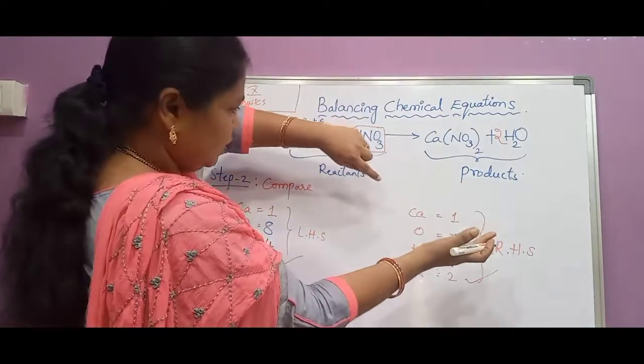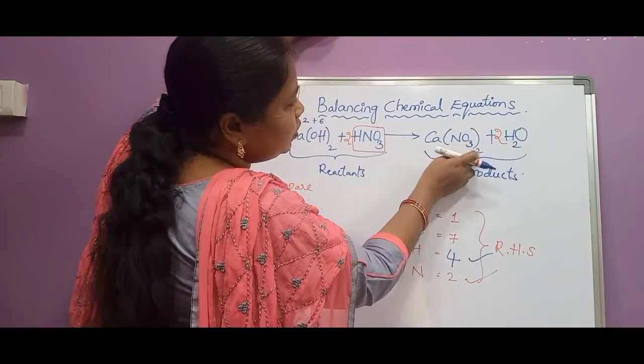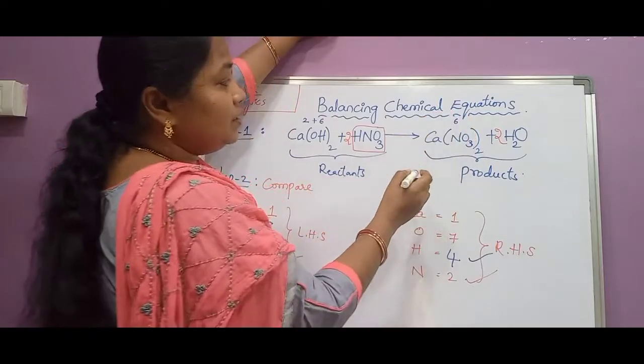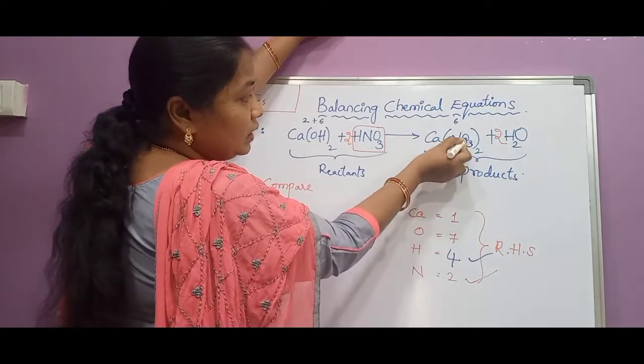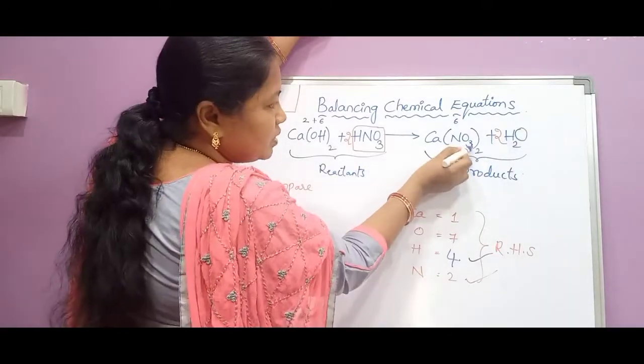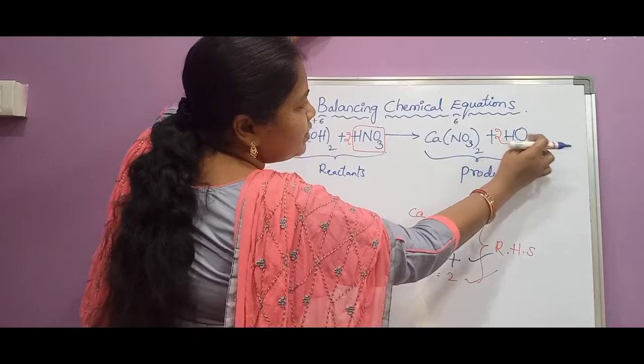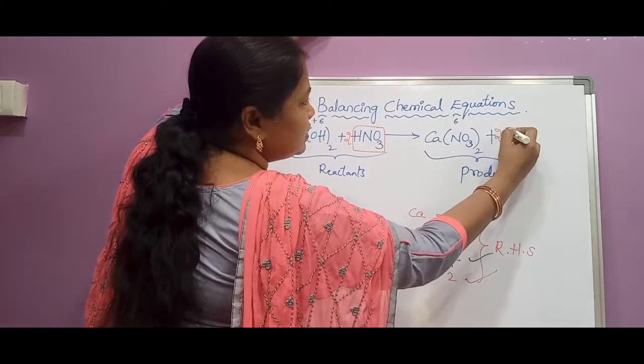Now we'll count the number of oxygen atoms towards the RH side also. So in this formula, 3 into 2, 6 oxygens are there. 3 into 2, why? Because here NO3 is taken twice. O3 is there and bracket 2 is there. So both subscripts should be multiplied with each other. 3 into 2 is 6. And here 2 H2O means 2 oxygens.